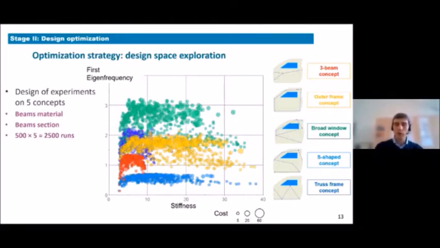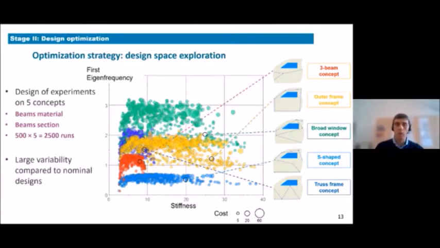First of all, for each single concept, there is a huge variability in terms of performances, especially if we compare these clouds of points against the nominal points that have been obtained by considering the fixed parameter values. However, among this huge variability, it is also possible to identify that each concept has its own inherent advantages and limitations in terms of NVH performance, for example, or structural performance, suggesting that there is the possibility to further select among these 5 concepts the ones that are most promising according to the functional requirements that are defined for